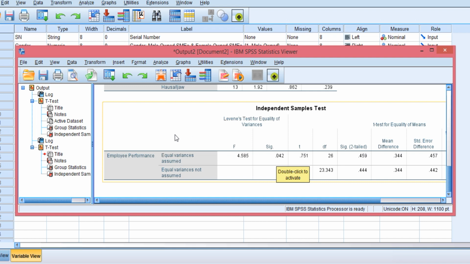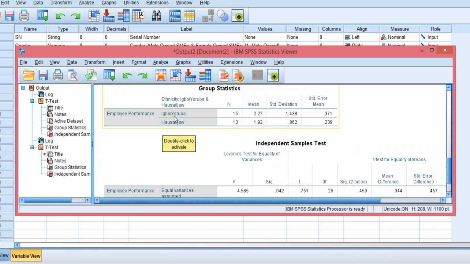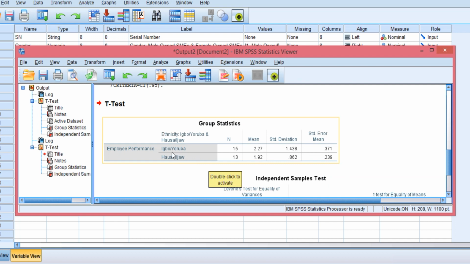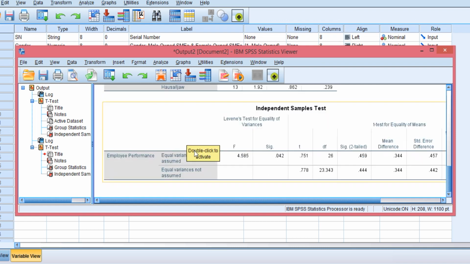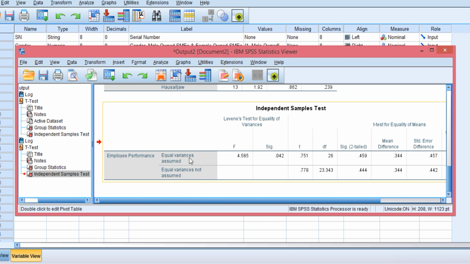The null hypothesis here is that the variance of the Igbo-Yoruba group is not significantly different from the variance of the Hausa-Ijaw group, whereas the alternative hypothesis is that the variance of the Igbo-Yoruba group is significantly different from the variance of the Hausa-Ijaw group. Okay, now if you are accepting the null hypothesis, you use equal variances assumed, and if you are rejecting the null hypothesis, you use equal variances not assumed.